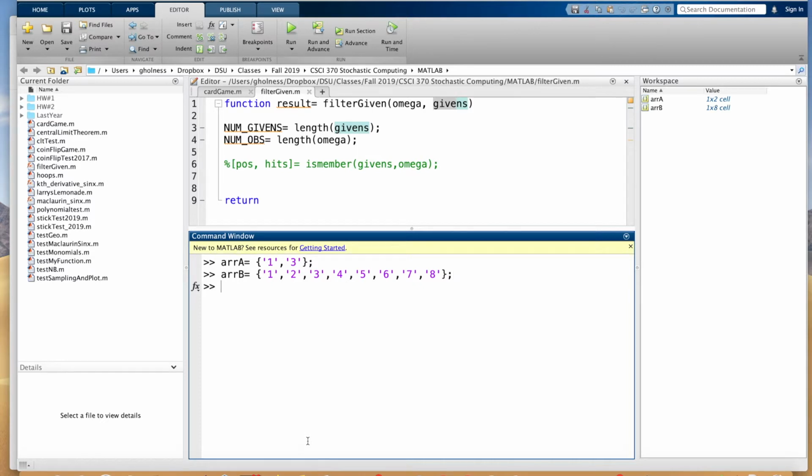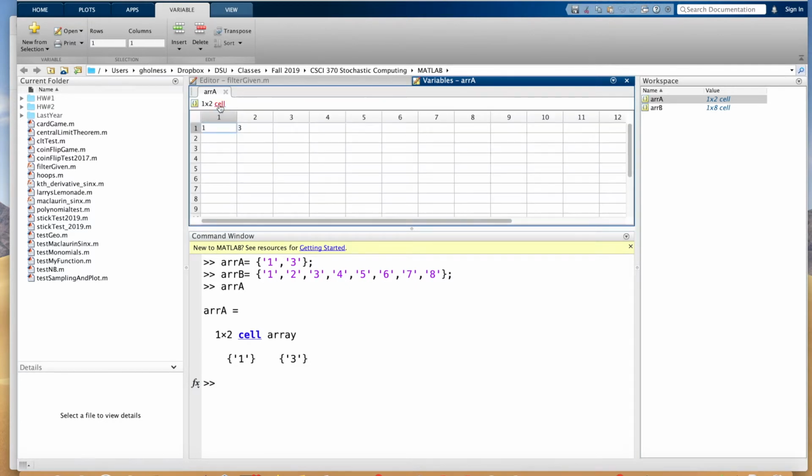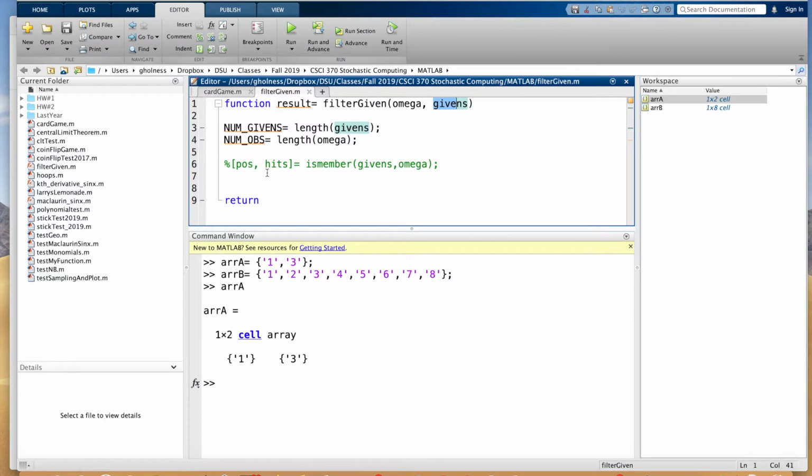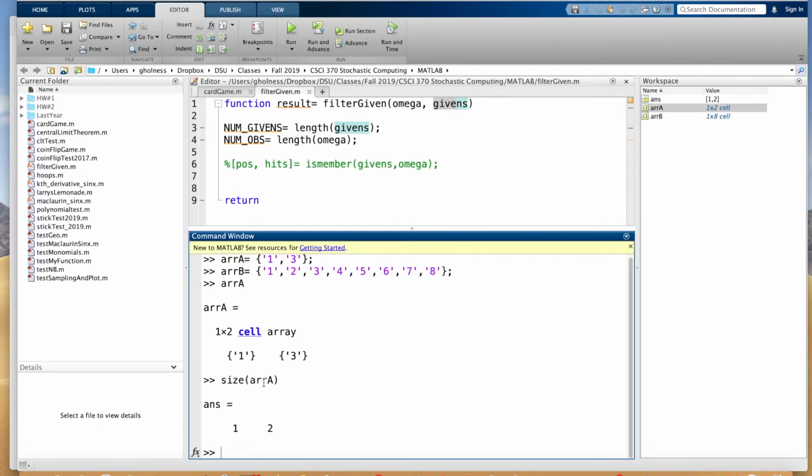Okay. So now we say array A. Yep, it's there. It's a 1 by 2. You can check the contents in the workspace. If you go inside the cell array, the first item is 1, second item is 3. So it's there, it's alive, and all that good stuff. If we were to take the size of array A, it would give us those dimensions, 1 by 2. If we were to take the length,